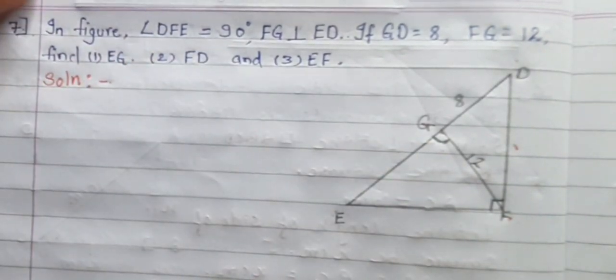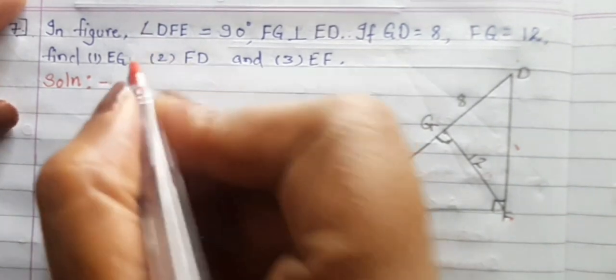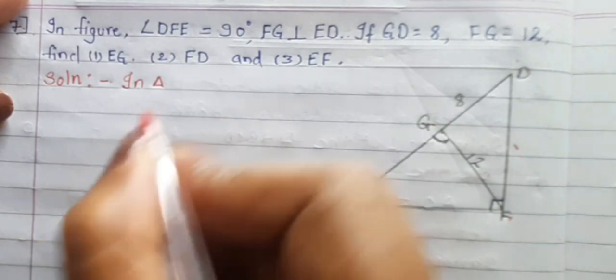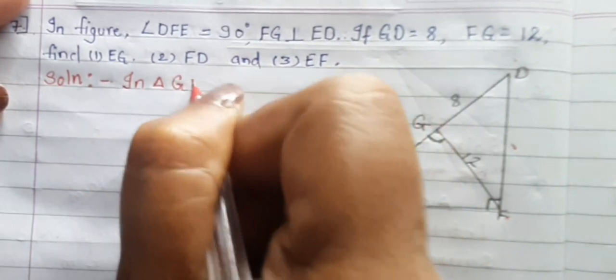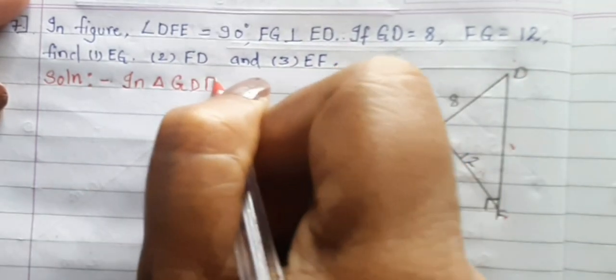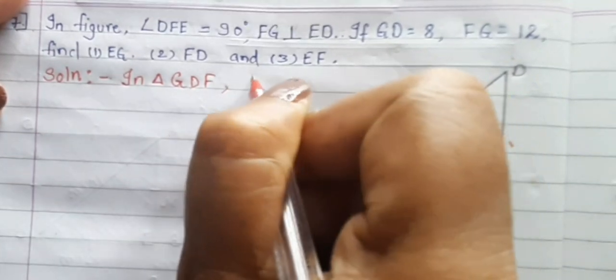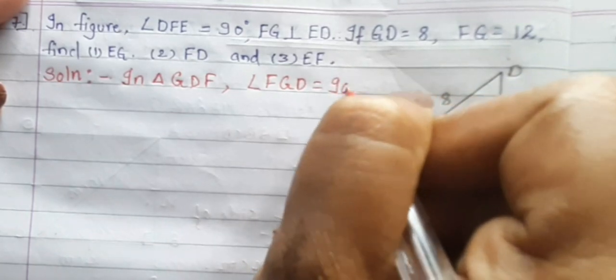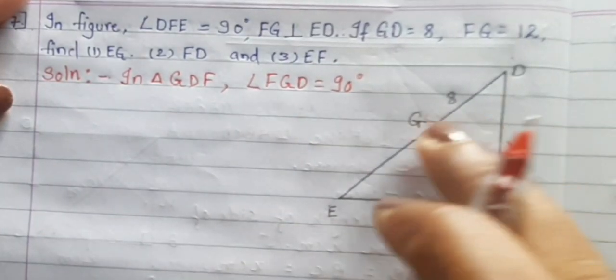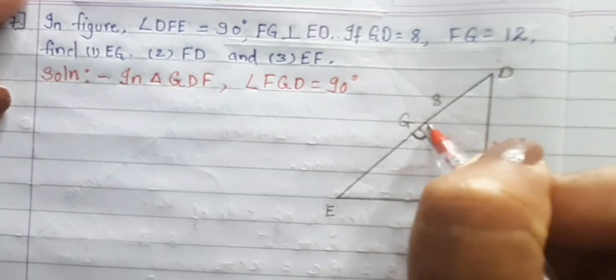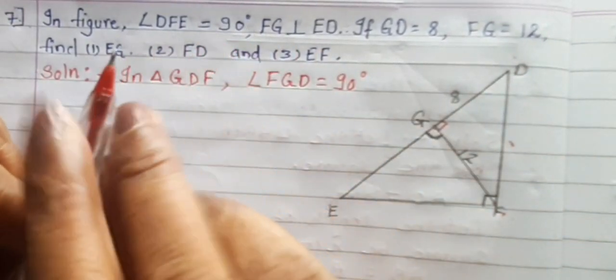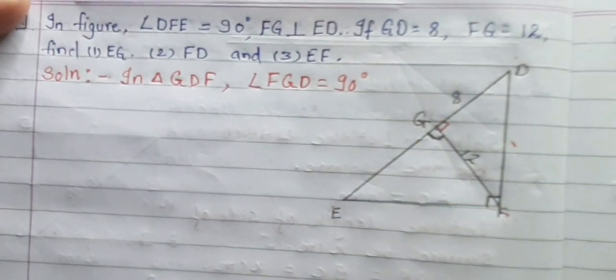Okay. In triangle GDF, angle FGD is equal to 90 degrees, as it is perpendicular, given to us, right? So by Pythagoras theorem,